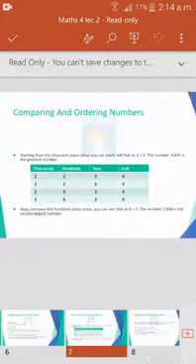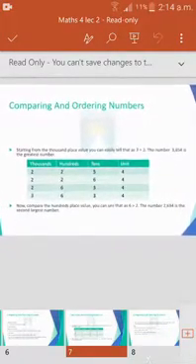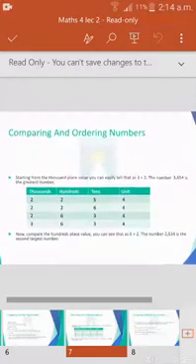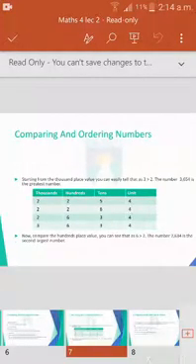So first of all, we would start from the last row, which has 3 on the thousand place. Then we have 2, then again in the second row we have 2, and in the first row we have 2 again. So we can see that in the first three rows we have 2 on the thousand place, which means they are all equal, and the last row is greater than all the above rows.